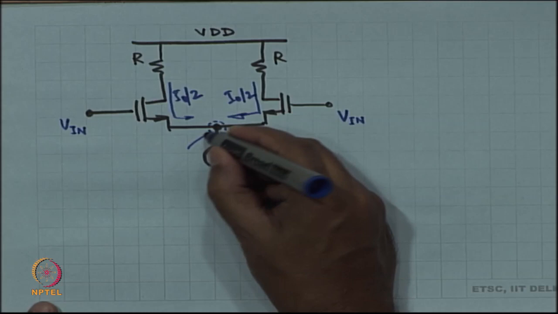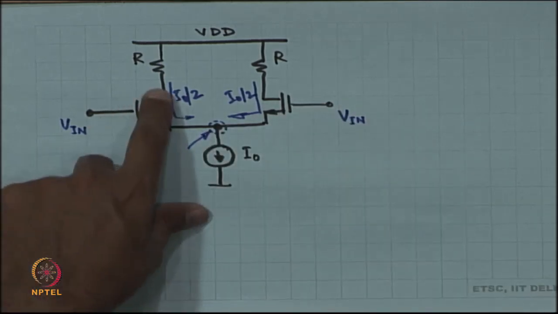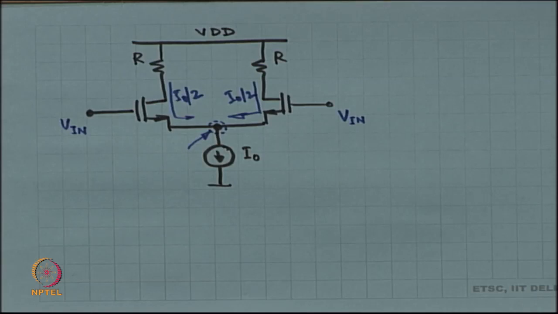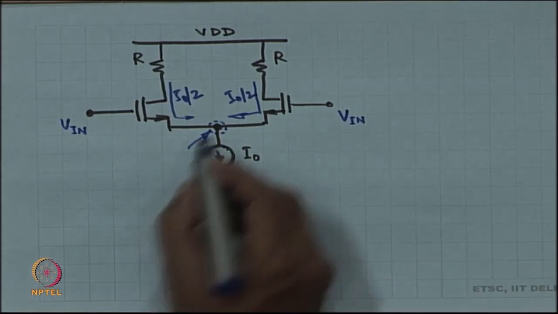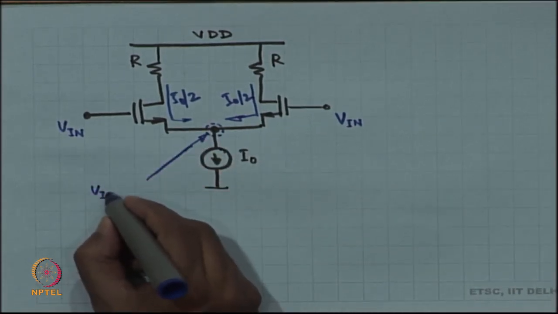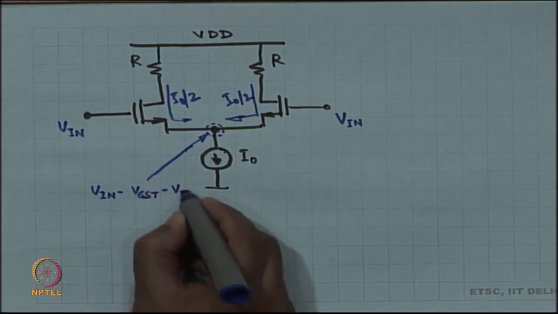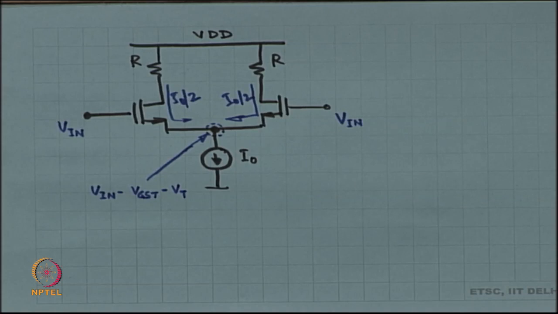Now, the voltage at the source is going to be just right, so that I naught by 2 current comes through the MOSFET. If I naught by 2 requires a gate overdrive of VGST,